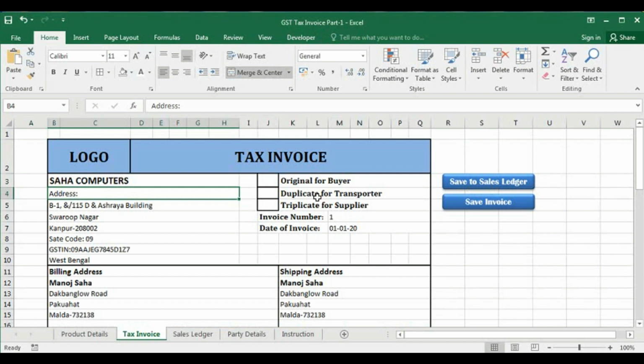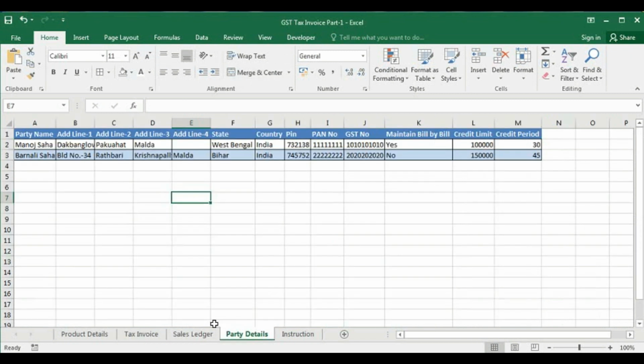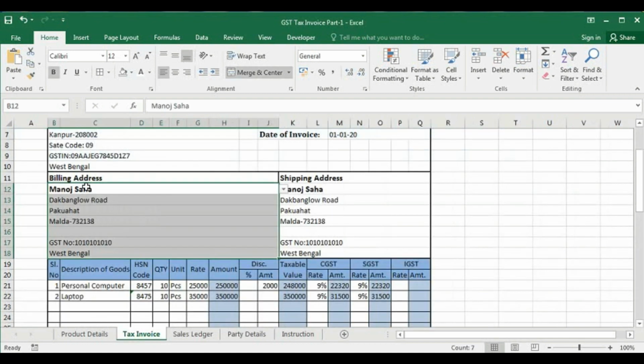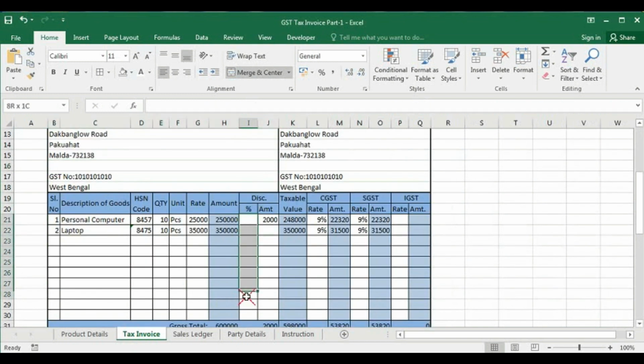So we have learned the 3 things. First, how to populate the data from the party ledger to the tax invoice, and here the drop down list, and how to populate the same address to the shipping address with the help of VBA code, and inserting a new discount column and calculated based on VBA code to the amount section and then get the taxable value.